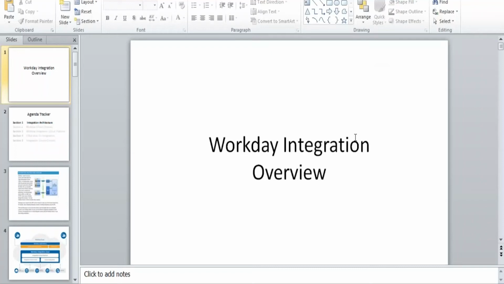So, Workday integration overview is what we'll be talking about here. Hopefully you will be able to see my screen here. So let me